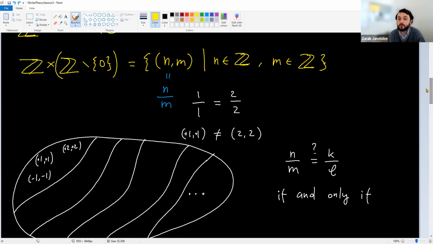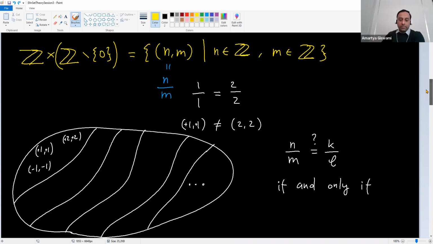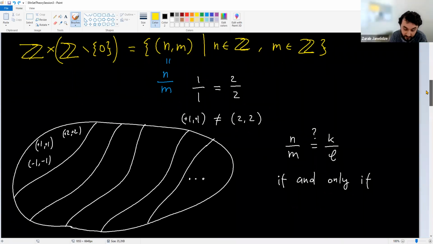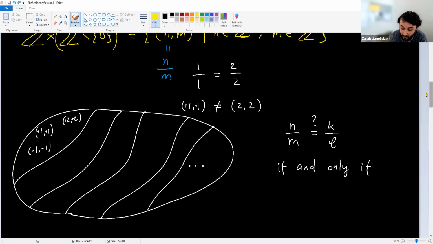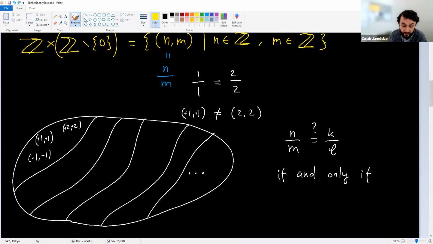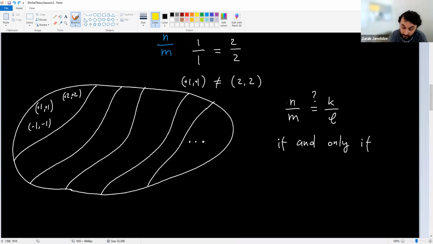Or we could have removed those pairs later. Zeros, and add it up. Yeah. Again, using a subtraction of sets, the difference of sets. So when m and L are, but now m and L cannot be 0 anymore after this adjustment, and where they're not 0, these pairs will be equal if and only if n times L